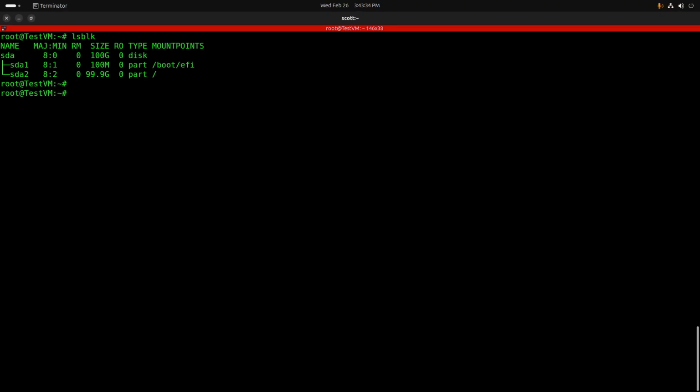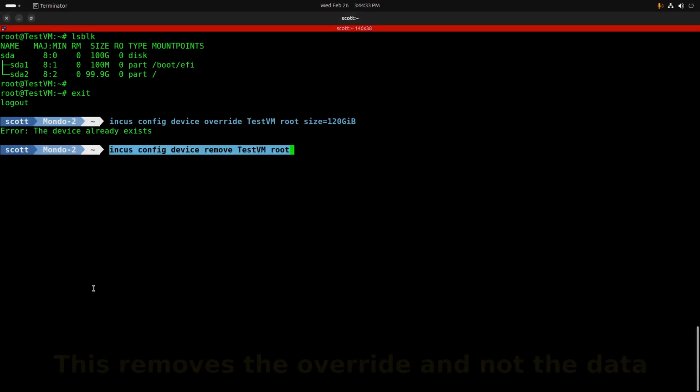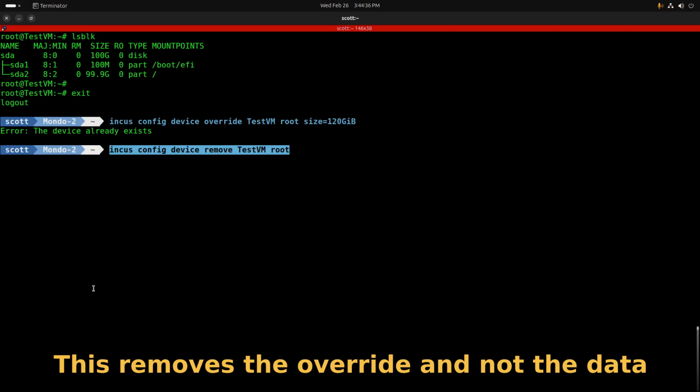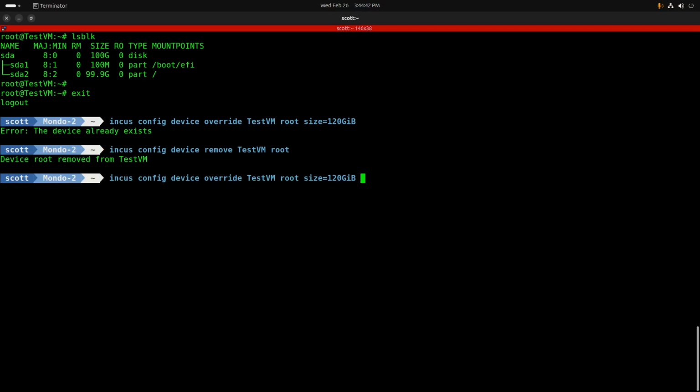And suppose we run out of space later on down the road. So we go ahead and exit out of here, and we do an incus config device override test-vm. And now we're going to increase the root size from 100 gigabytes to 120 gigabytes. But that's going to give us an error telling us that the device already exists. To overcome this problem, we just do an incus config device remove test-vm root. And then we can do an incus config device override test-vm root size=120GiB, and now